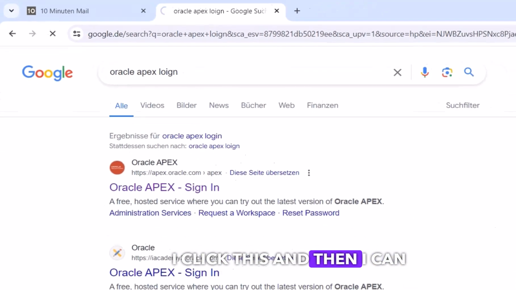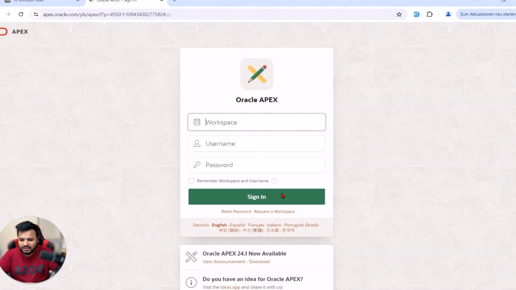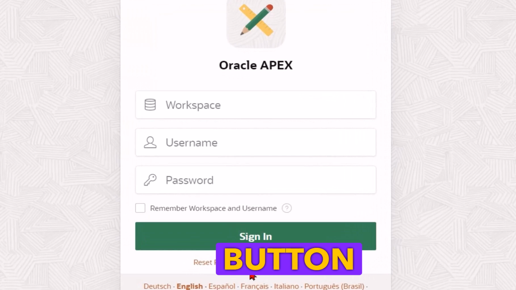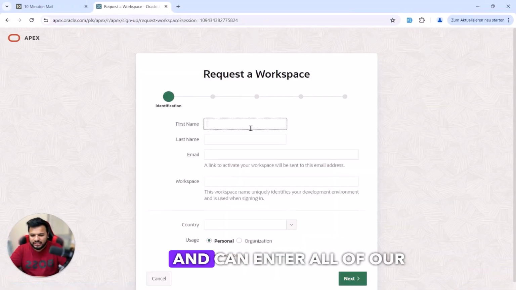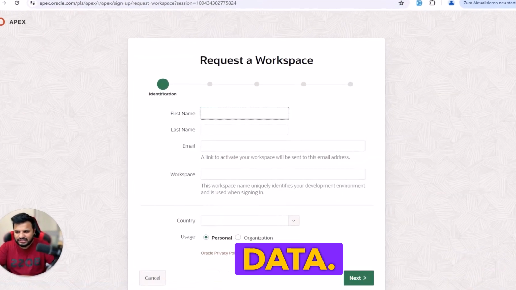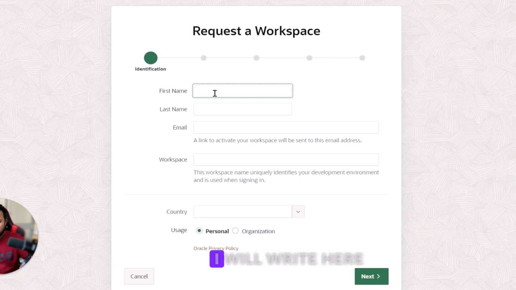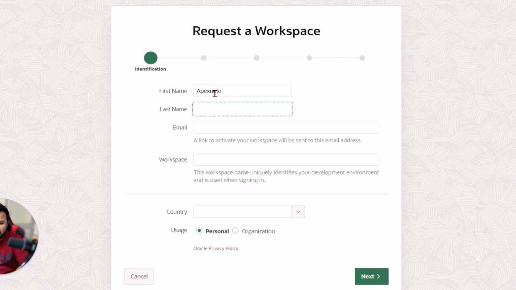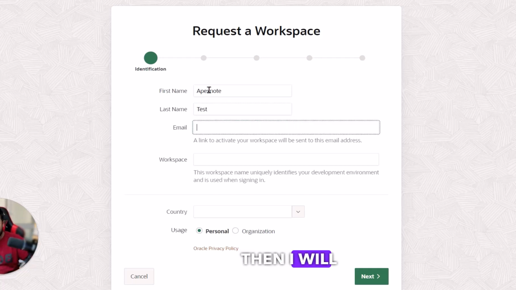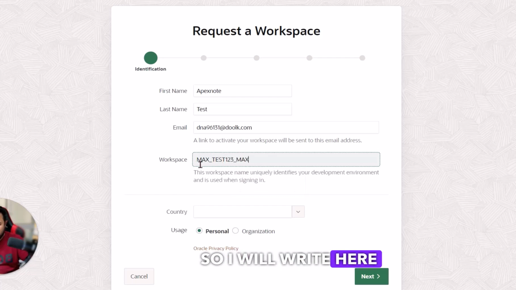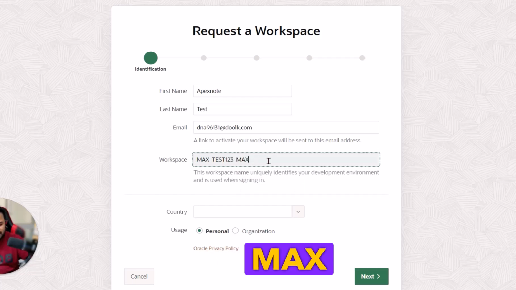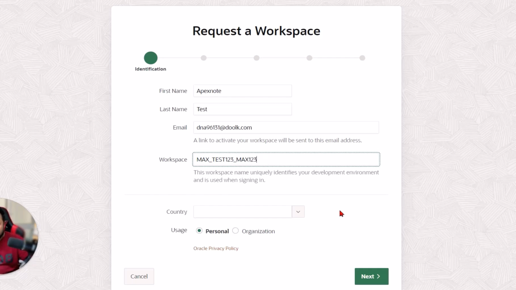I click this and then I can log in, but you can also see here is a button or a link, request a workspace. Then we click here and can enter all of our personal data. To demonstrate, I will write Apex node test. Then I will paste the email and the workspace name. So I will write max test 1 2 3 4 max 1 2 3,